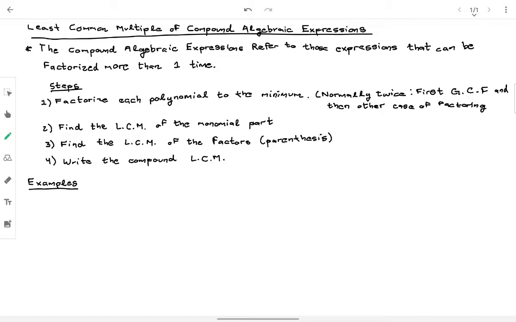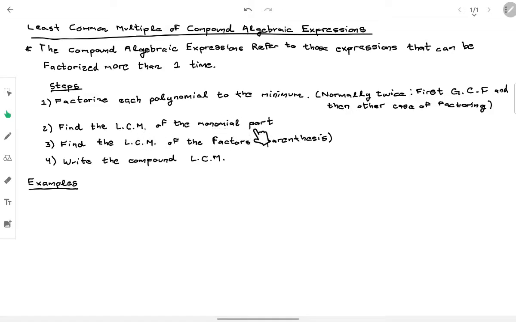The steps are: first, we will factorize each polynomial to the minimum. As I was telling you, normally we will do it twice. First, we will take out the greatest common factor, and maybe then we will use another case of factoring. The idea after that is, when we have the factors of each polynomial, we will find the least common multiple